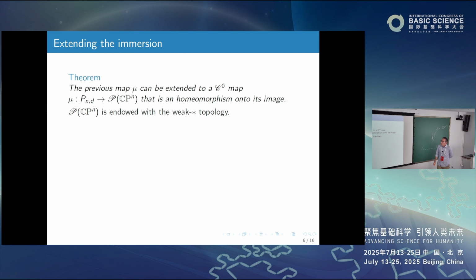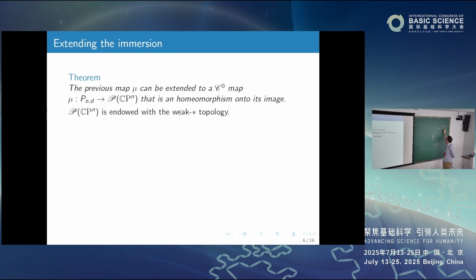Okay, so the first thing that we have devised is not totally surprising, but you need to work a little bit. This map here, which I will now call by an explicit name, this map mu can be extended to a continuous map from not just PND, let's say P and D minus the discriminant, but actually, being a little bit more careful, you can extend this map to the whole PND, even on the discriminant, where you maybe have singularities, and you can do it so that the map going from PND to the probability measures is a homeomorphism onto its